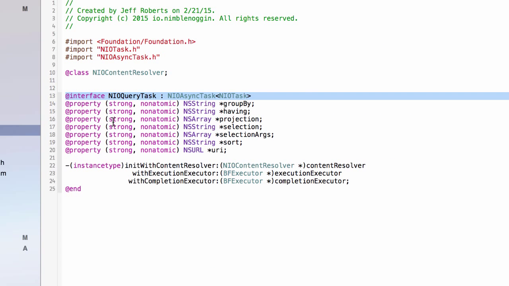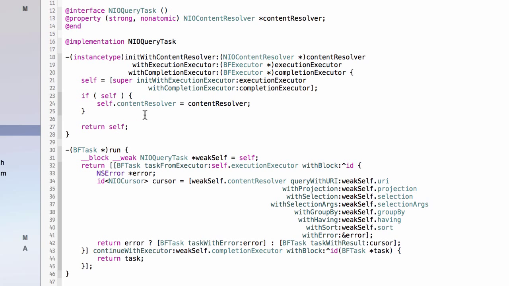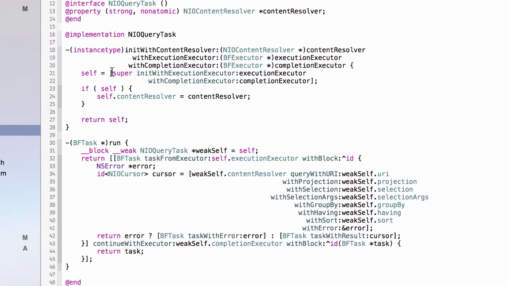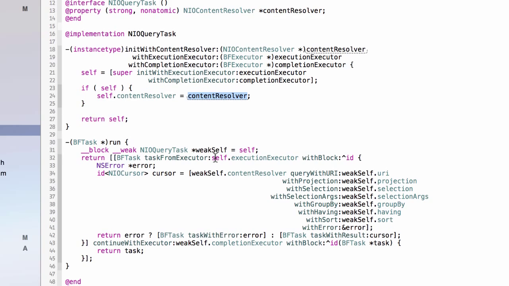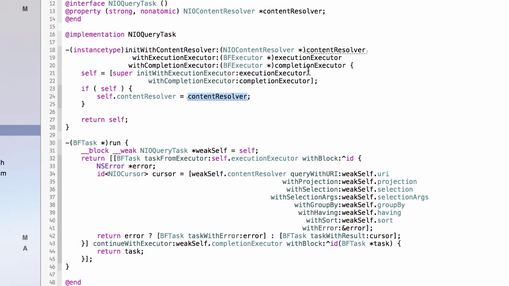And this is just a general purpose task that can query anything. And it goes through the content resolver. It also runs on a specific dispatch queue, and it returns responses on a specific dispatch queue. So you can see here, all it does is delegate this request to the content resolver. So if we go look at that